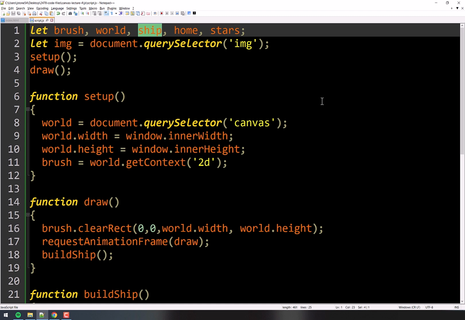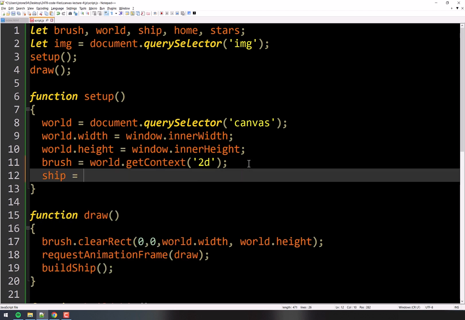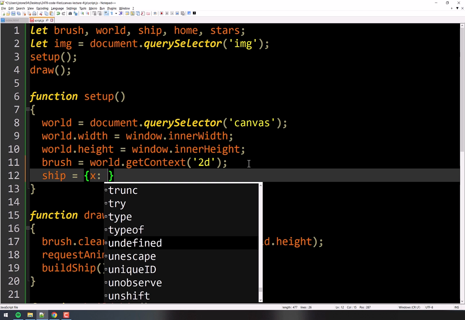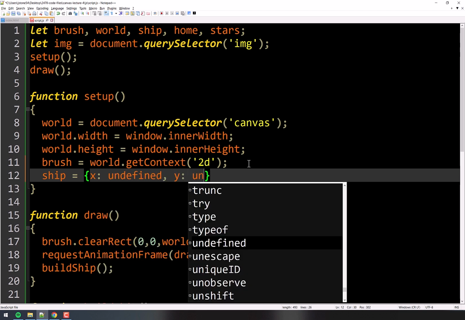In fact, we will need to know that if we're going to do any kind of collision detection, right? So there's lots of different things. So why don't we make that an object literal, right? It's ship equals curly brackets and a bunch of properties. We can just set that up right here. So ship equals some stuff. We'll start off with the X position and we'll start with undefined for the moment. And we'll do the Y as undefined.